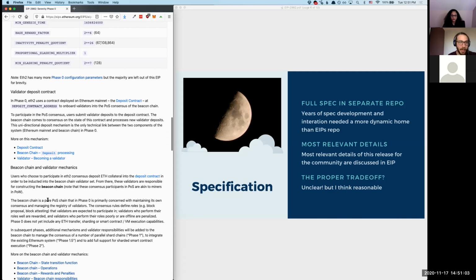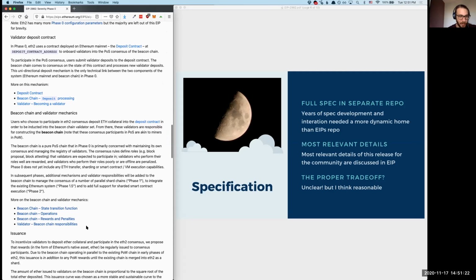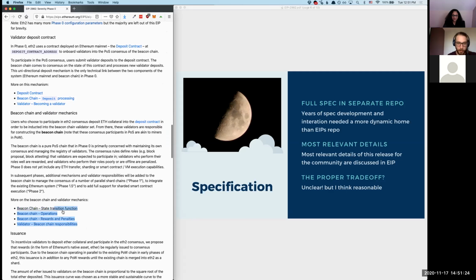And then, let's see, kind of the high level mechanics about the fact that there is this system level chain, the beacon chain, there are validators, consensus participants akin to miners, and they have roles and rights and responsibilities with respect to this. And then really reference more some of the granular specs on it all.